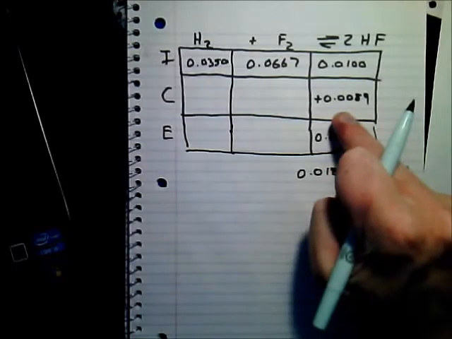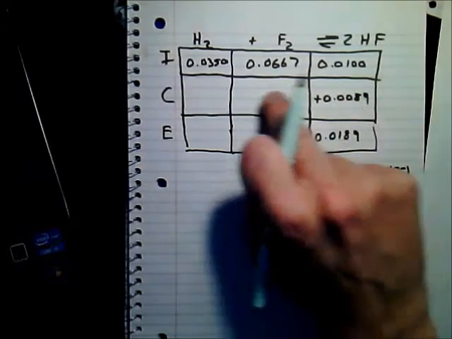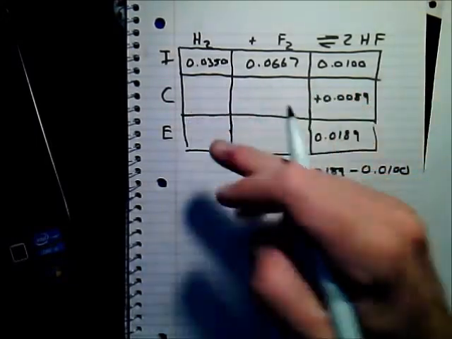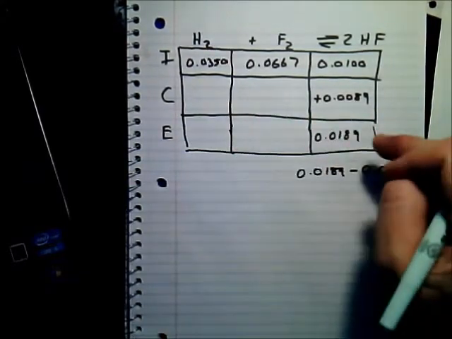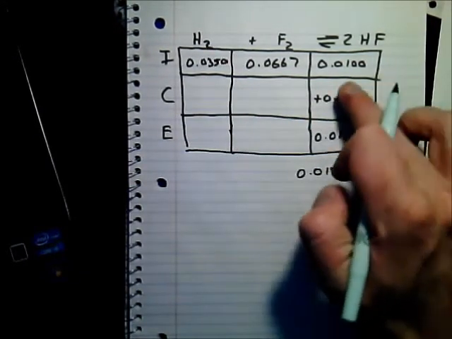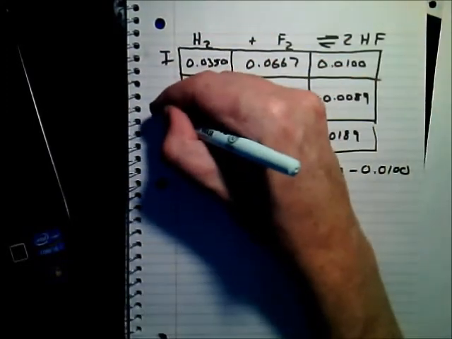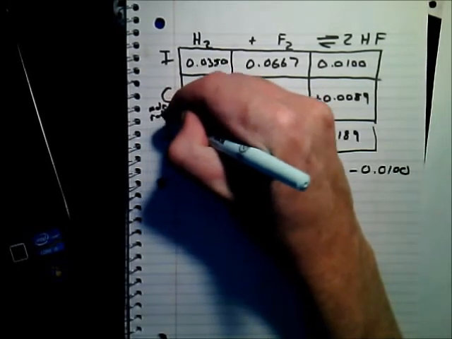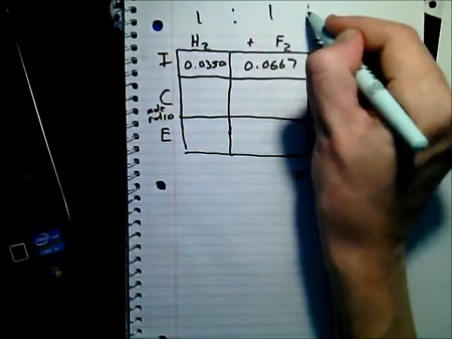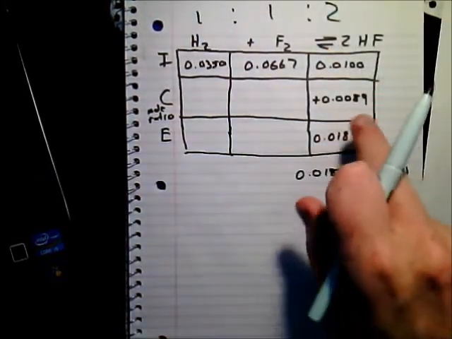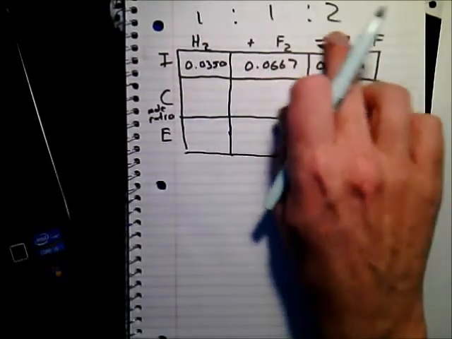The next thing you're always going to want to do is the change. We need to figure out the change. In these kinds of problems, figuring out the change is always going to be the middle step. We don't want to jump down to this too soon, or we're going to get confused and probably make a mistake. We're going to do the change first, and then we're going to be thinking mole ratio with this change. The mole ratio here is 1 to 1 to 2. And when you are doing this box, your ratio of these changes better darn well match the mole ratio, or